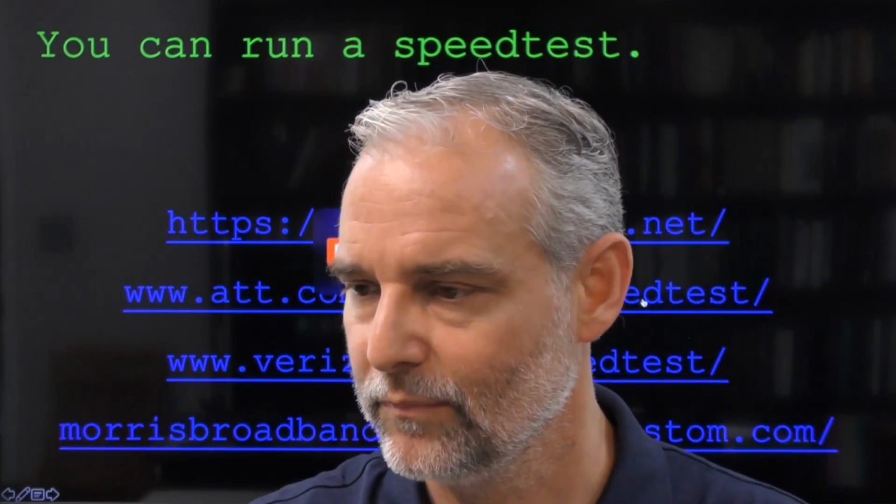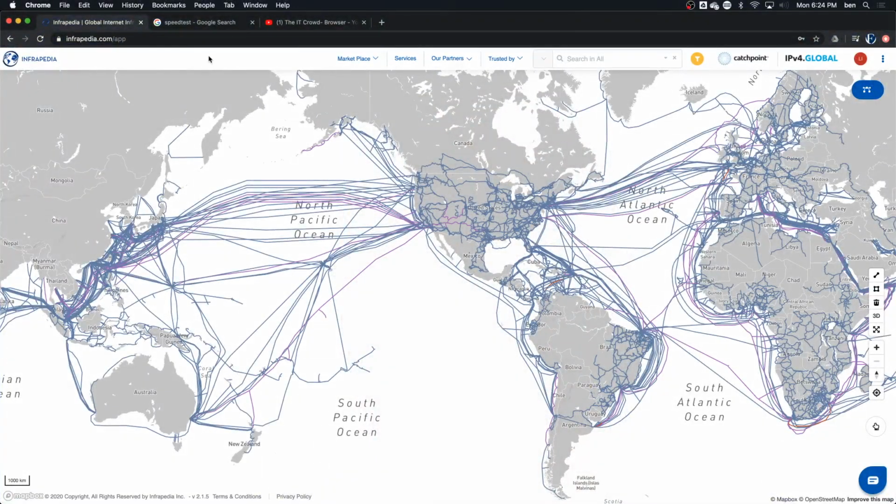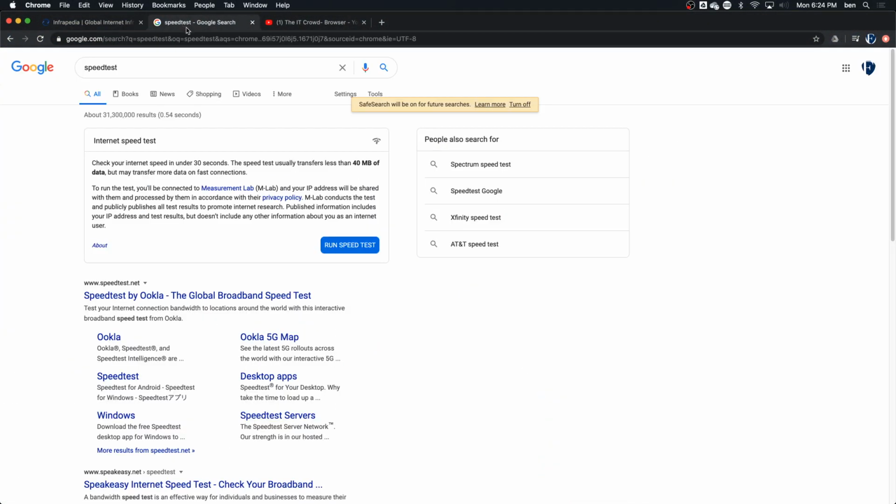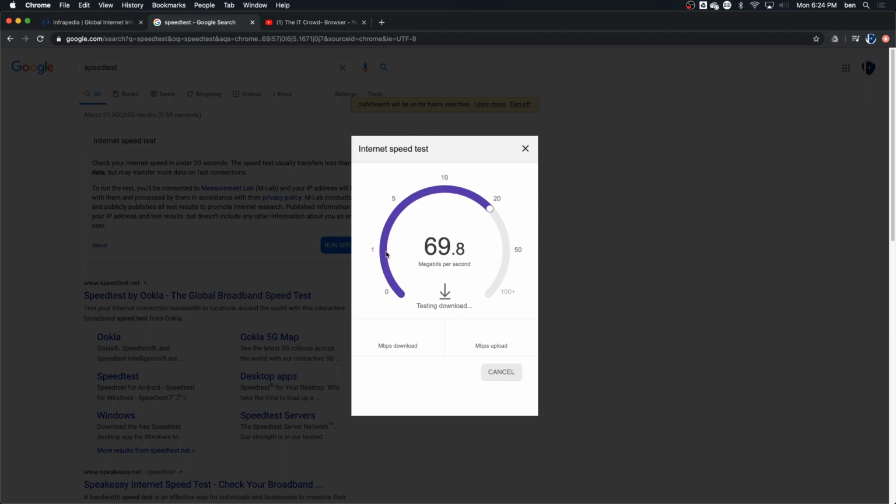Let me sort of show you this particular speed test. If you just go to Google actually and type speed test, Google will run a little speed test like that, and that's megabits per second. That's fantastic, okay? So if you get a really great speed test, probably that's not the issue.